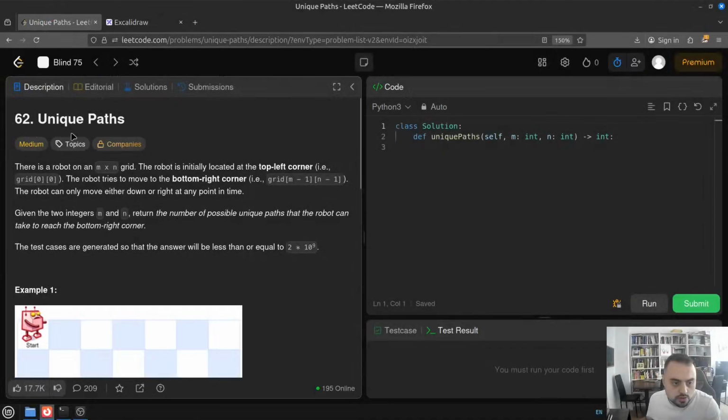Leetcode 62 unique paths. It's a medium type problem and can be solved using at least two approaches. One approach is more traditional or classic dynamic programming style, and the other one is using certain mathematical formulas. To be precise, there is a formula to get the number of combinations, and we already talked about it on this channel, that it's a very common theme across many Leetcode style problems and algorithmic problems when you